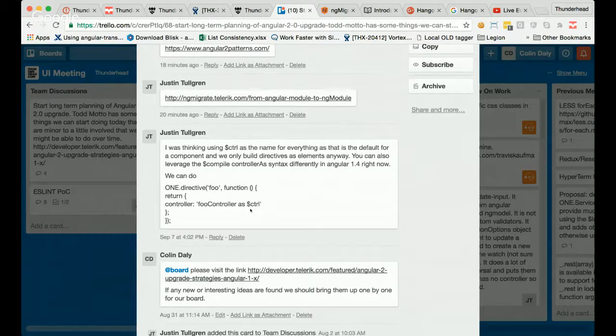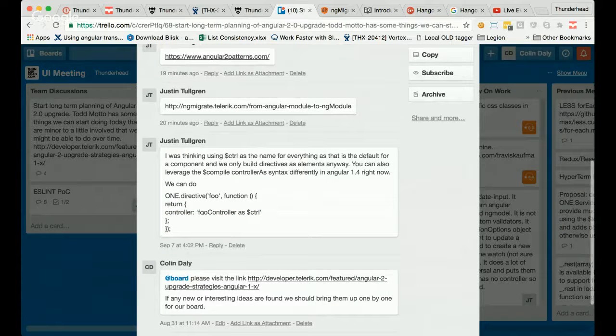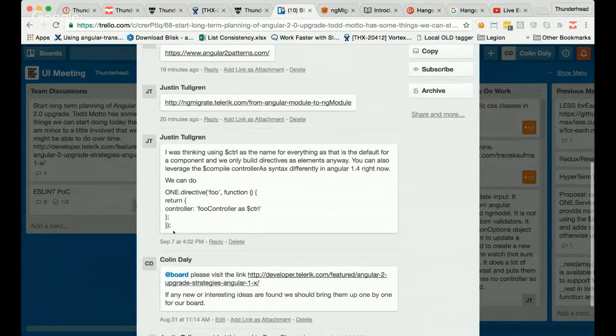What I did here though was as a directive. So that little code snippet is basically saying all the stuff that we have as best practices, bind a controller as, all these things, they're defaulted in component. So maybe checking out the component pattern, if we do run into those problems or not. Yeah, the template side of it is what I was worried about, because we have our custom template loader thing. This is just to save us time on the view changes. On the view changes, yeah. So that was one thing I thought.